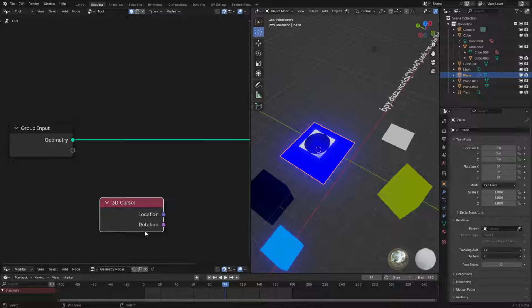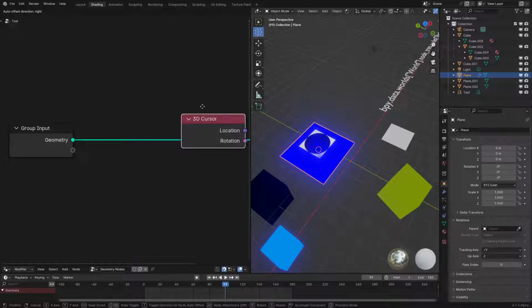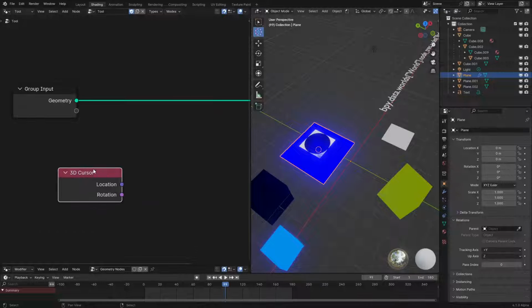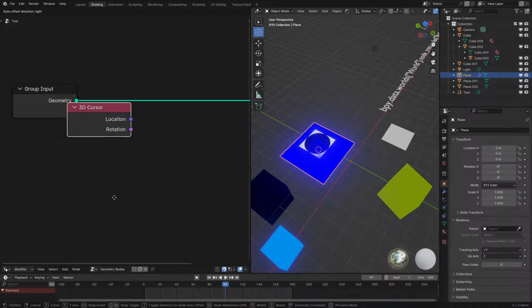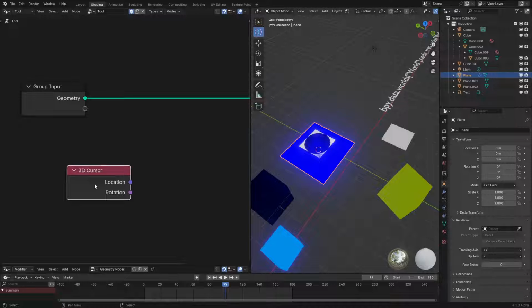But this is just referencing the Python stuff. And now that I've figured out that we can get that with drivers and view layer attributes, this node is now redundant. It's nice to have because it's really convenient, but now we don't need it. And it would be really nice if we had the view layer attributes so that the regular driver method could be replaced with something even more convenient. But